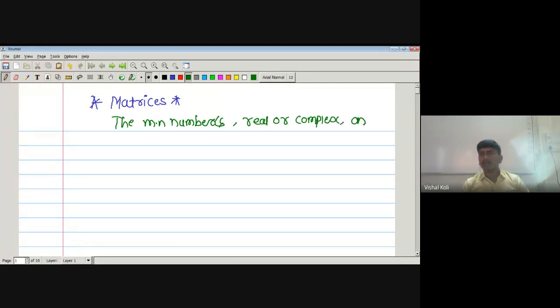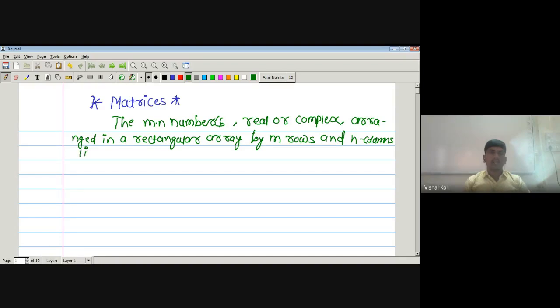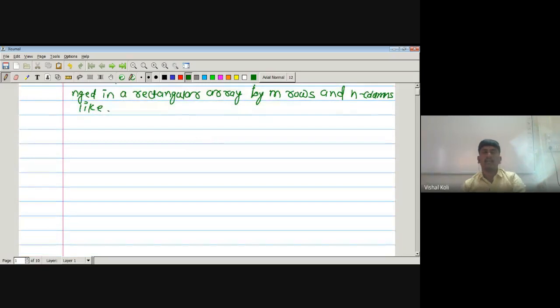arranged in a rectangular array in m rows and n columns. So the m into n numbers should be arranged in a rectangular array where there are m rows and n columns, that is,